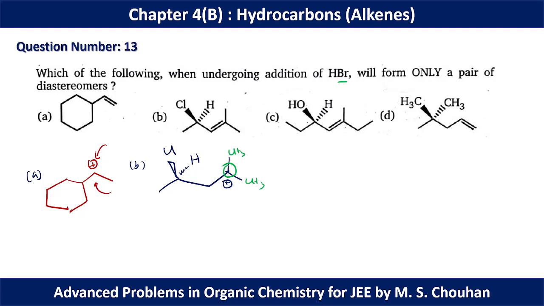So basically we are going again for C, and we have already discussed that situation, that if this is the carbocation, again this is a chiral carbon after addition of bromine. Now addition of bromine from above the plane and below the plane will make a difference. We are not discussing this situation again, because two or three questions before we have done the same thing. So C is our correct answer.